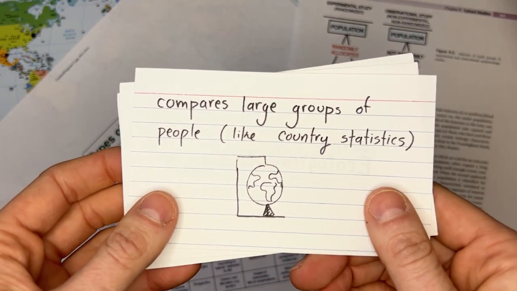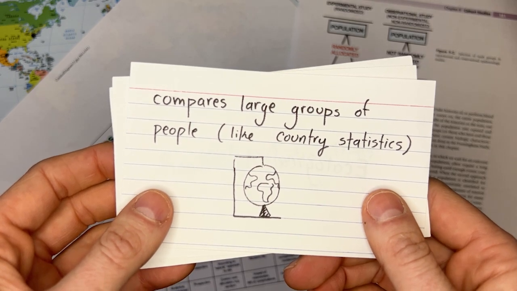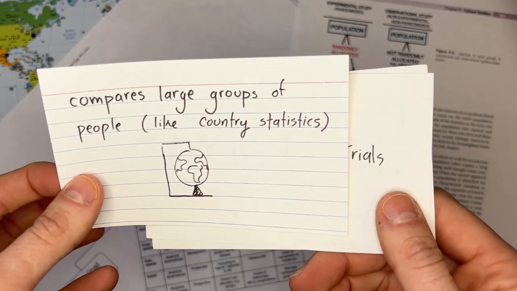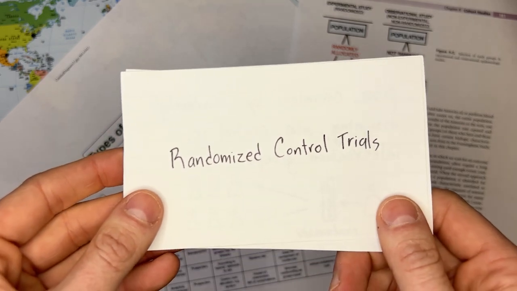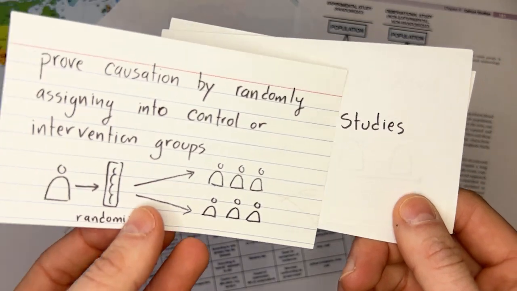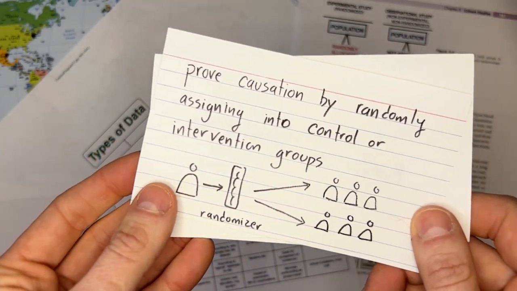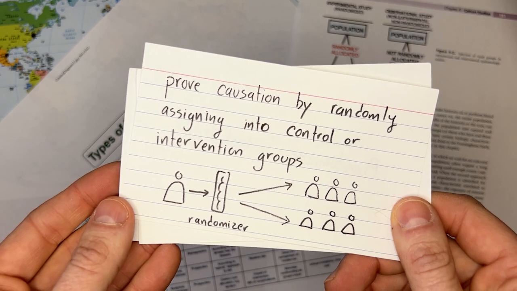And you can make different inferences when you have ecological data versus individual data. You might not be able to infer causation, for example. And a rare type of study that provides valuable information about causation is randomized controlled trials, and these are often conducted by economists to prove that something causes the other. But you can't always find a randomized controlled trial for every setting, so you definitely need to look for all